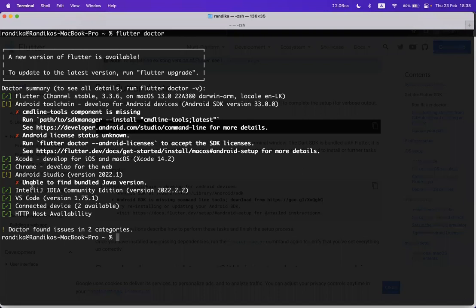Okay, so I have Flutter installed, and I have these Android keychain errors. I hope it won't cause many errors, but if you have a broken command line tool component or the Android license is missing, there are instructions on how you can get it resolved. For instance, I want to get rid of the Android license state, so